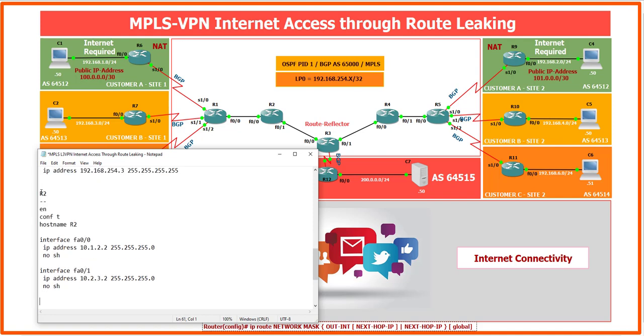I'm going to show you how you can configure it in more detail and without any mistake. Look at here, R4 interface FastEthernet 0/0. The IP address of FastEthernet 0/0 is 10.3.4.4 255.255.255.0. Also, we have interface FastEthernet 0/1 with the IP address of 10.4.5.4. Okay, that's it. This is the first part of the configuration. Now we can continue